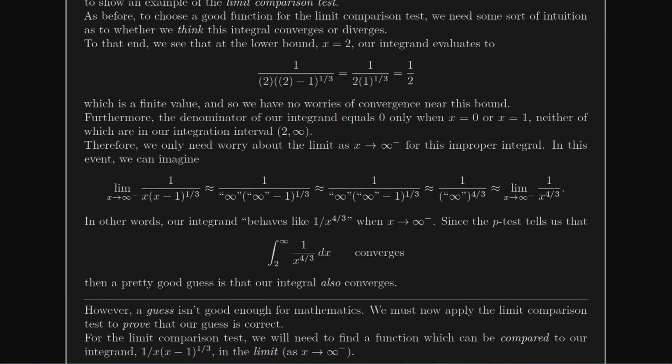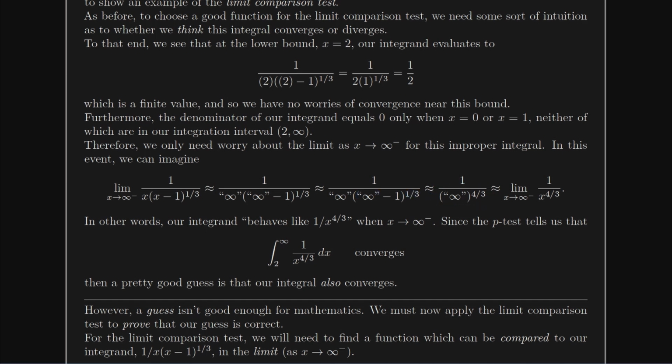Well, if we decided to take a limit as x went to infinity of our integrand, what would it look like? Well, it would look like 1 over, let's plug in a quote unquote infinity. We're going to be a little fast and loose with it today. Quote unquote infinity in for both copies of x. And if I subtract 1 from our super large number, it's basically going to behave just like that super large number again. Nothing's really changed. And so it's really behaving like that infinity to the 1/3 power. And then the infinity out front is infinity to the first power, or 3/3 equivalently. So 3/3 plus 1/3 is going to be 4/3.